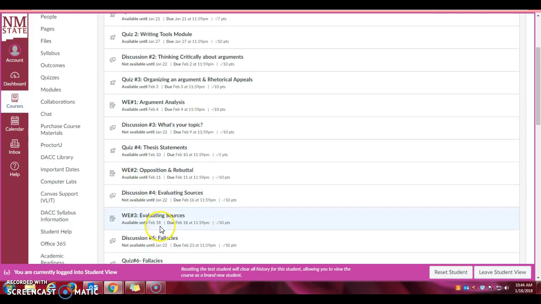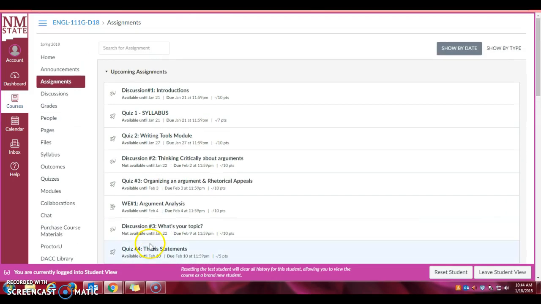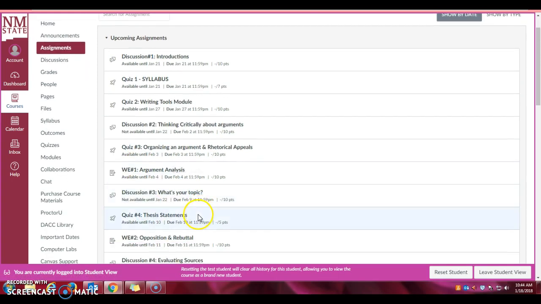And most of them are open, just in case you want to look at them and see what they are about. However, I do caution you that sometimes I might tweak a thing here or there. So if you're trying to get ahead, just make sure that you don't get too ahead, because I might make minor changes here and there.